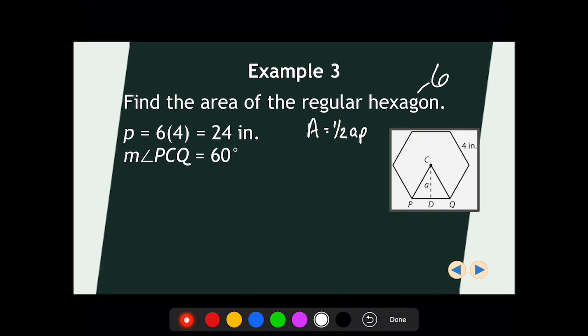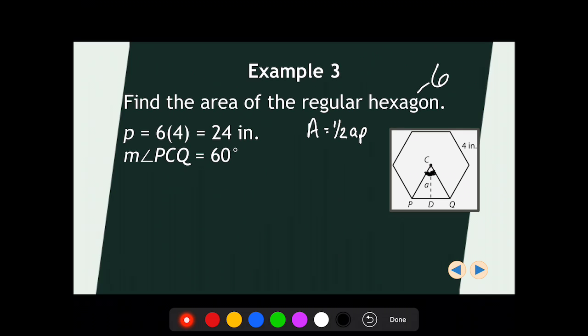We also know that the measure of angle PCQ is 60 degrees. PCQ is this angle right here. If you hopefully remember, this is called the central angle. The central angle measures 60, okay? So that's 60, and we also know that this angle